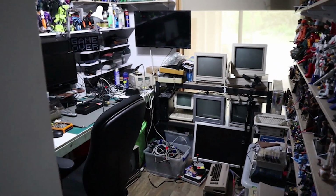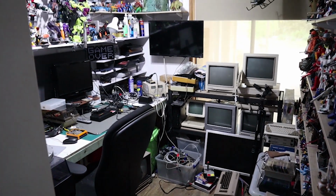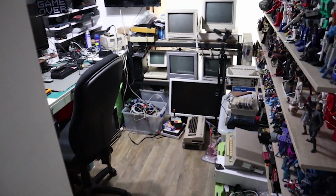G'day cave dwellers and welcome to my cavern, what are we calling these? Anyway, so Neil obviously put out the call for people to show off their spaces, and this is mine. It's not very big, but let me show you around. So this is my office come study come everything. And as you can see, it is not a big room. I currently have the camera on full wide angle and it's not big at all. But if you come on in,